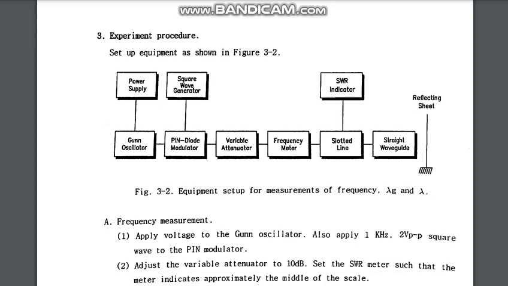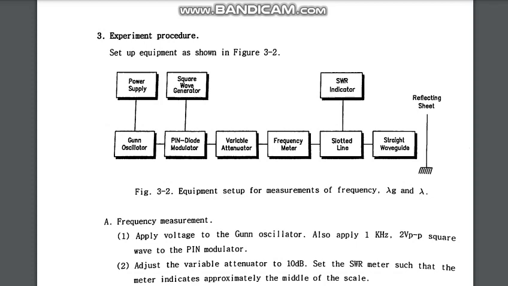There is a square wave generator with the PIN diode modulator. That is a complete package, just like a communication block diagram setup. You need to have a modulator, then the modulator goes to the variable attenuator. The variable attenuator is just like a channel that it goes through, and you can make an analogy with the resistance of a circuit,